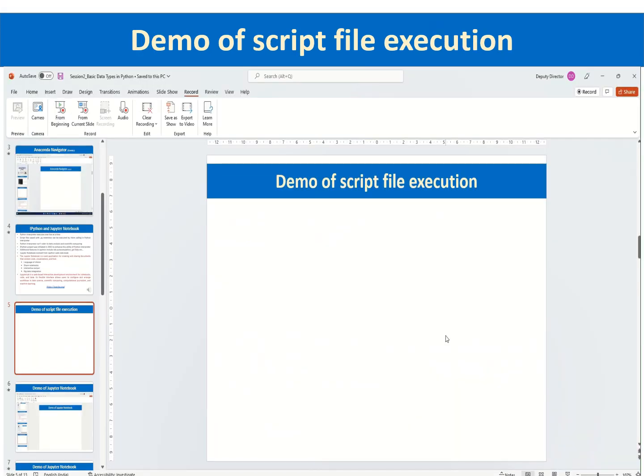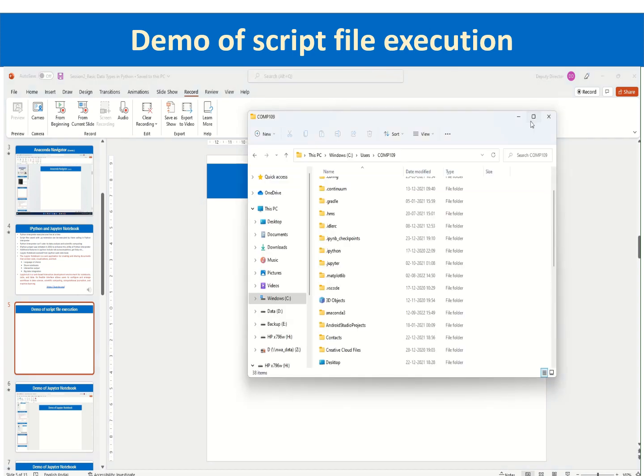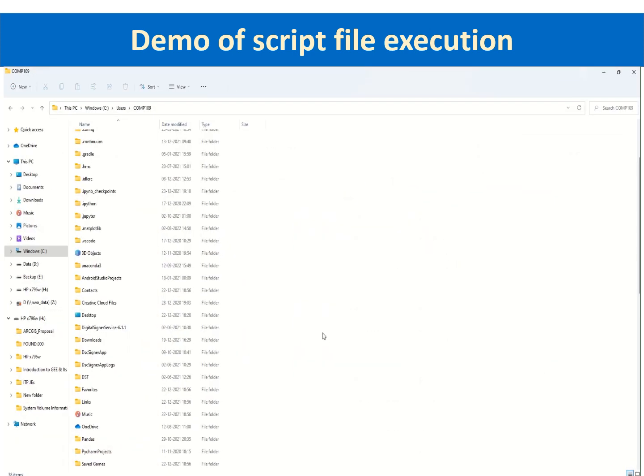Now I will demonstrate execution of a script file on Python interpreter and also on IPython. Before that, let us have a look at the working directory where we had installed Anaconda distribution on our systems. In my case, it is C drive users and then comp109, which is the name of the user. In your case, the name of the user will be different. Now take care that wherever you have installed,